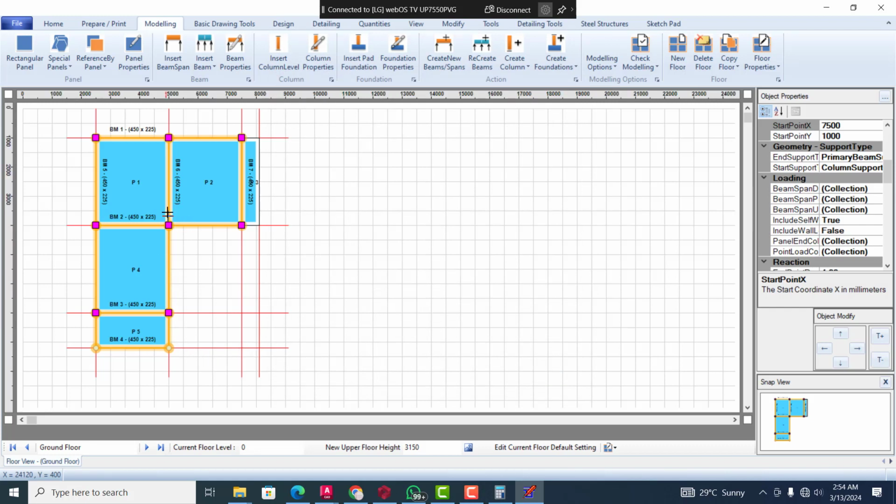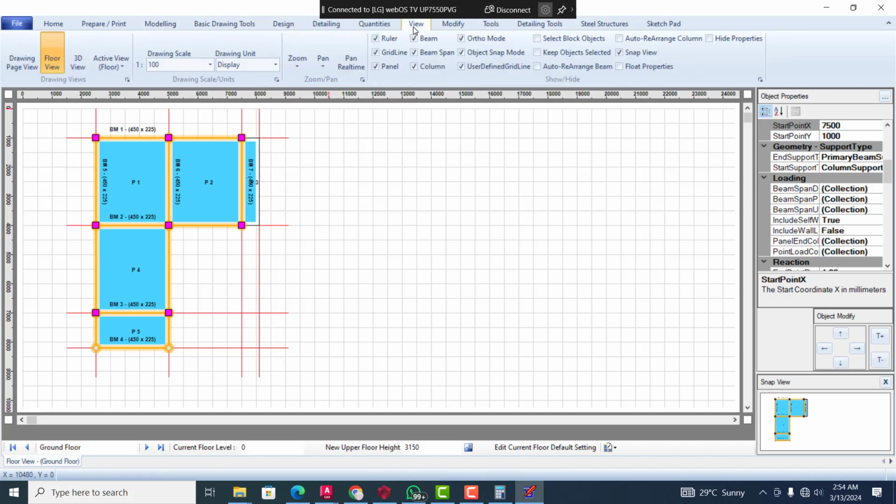There is one thing I want to do. I want to delete one of these columns, because I want to use most of the challenges you most likely face with the software. So I want to delete one of this column and then make this particular beam a primary beam, and then make this one a secondary beam acting on this. So let's try it. I will come to my views. I hope I've not gone too far,